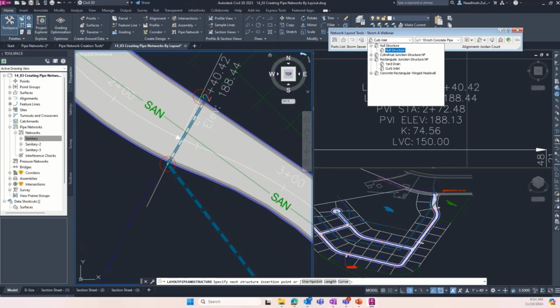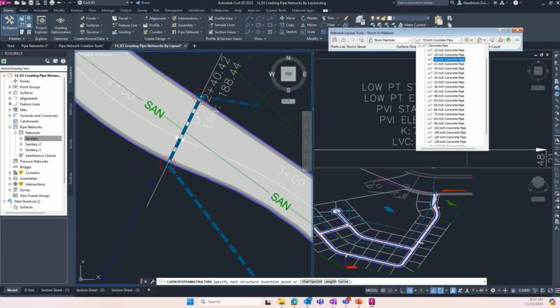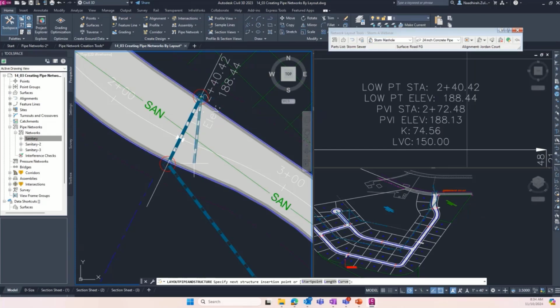Okay, so I can change this to a cylindrical junction structure for the storm manhole here. Okay, and then I change my pipe size to 24,